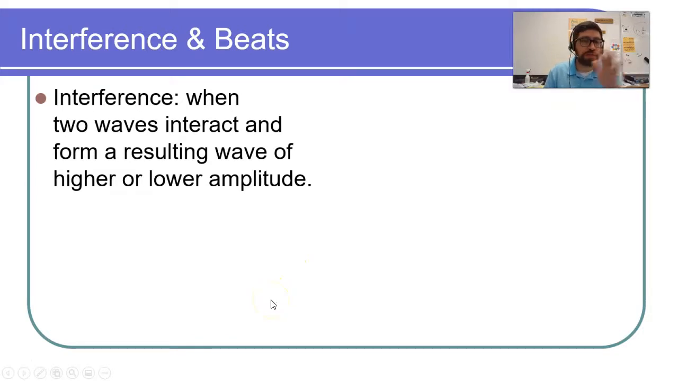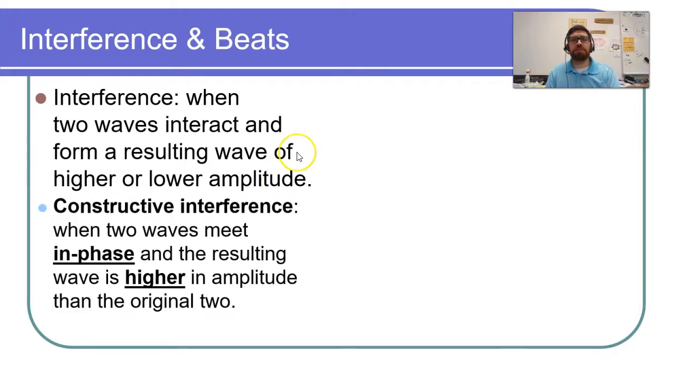So interference is the basic thing that happens when two waves interact and form a resulting wave of higher or lower amplitude than either of the original two. And there are two basic kinds of interference that we're going to talk about. The first one is called constructive interference. That happens when two waves meet, and you need to write this word down, when two waves meet in phase,